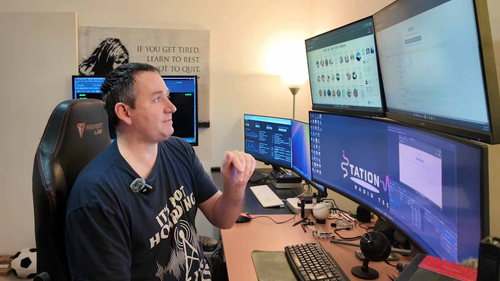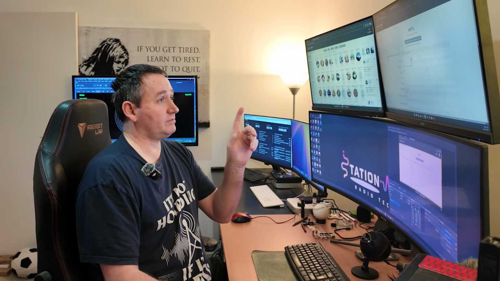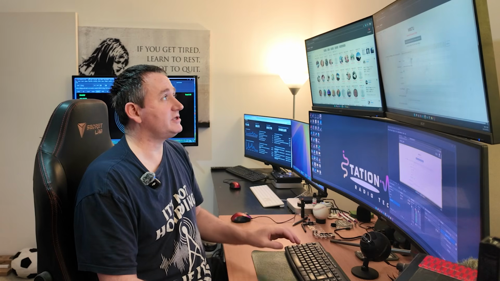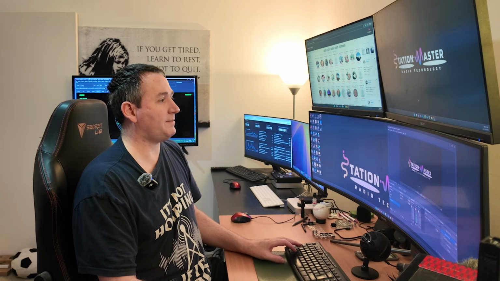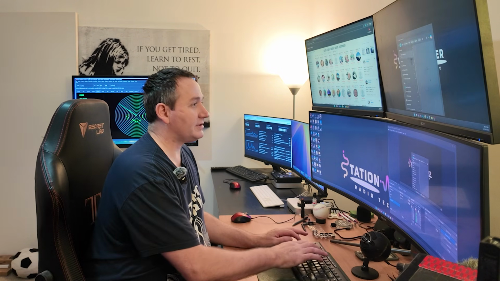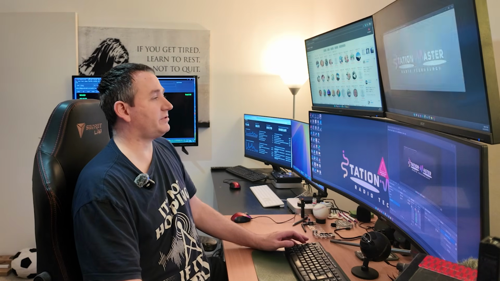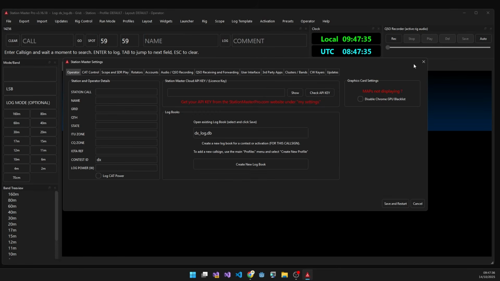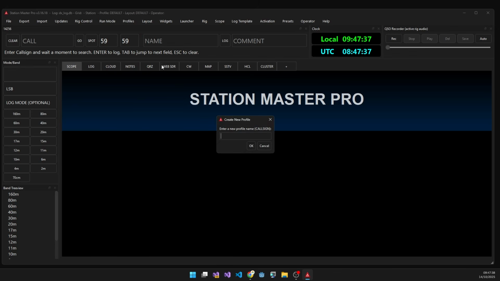And once you're in here, you've got a new API key that you need to put into the desktop application. So obviously click on Show, copy that to your clipboard, and then go to the desktop app. In the desktop app, the Station Master Pro will show you here. Go to Profiles and create new profile here. Type in your new call sign and hit Go